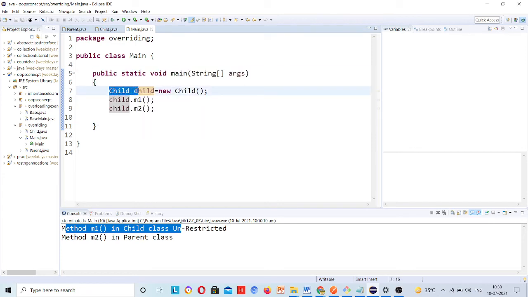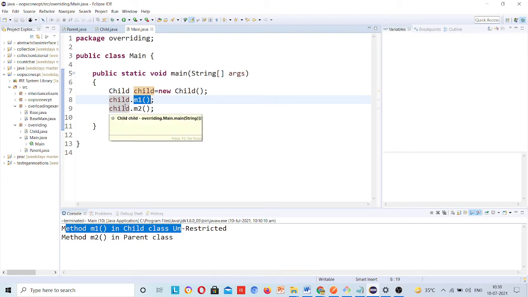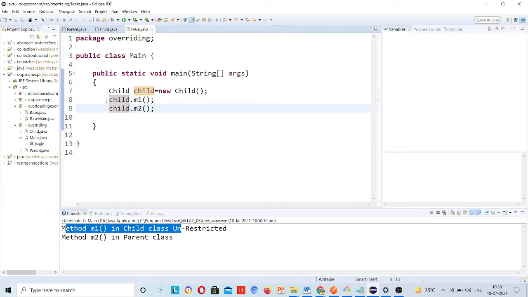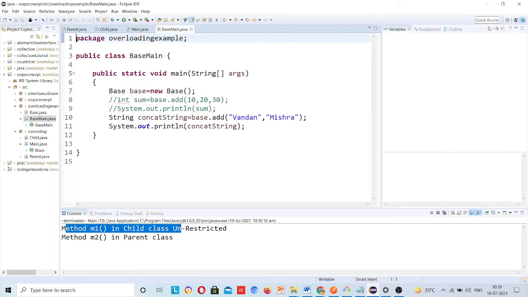When you are running this, at compile time it will check what it has to call. In the base main class, it was deciding, okay, it has two parameters, I will call the method which has two parameters.